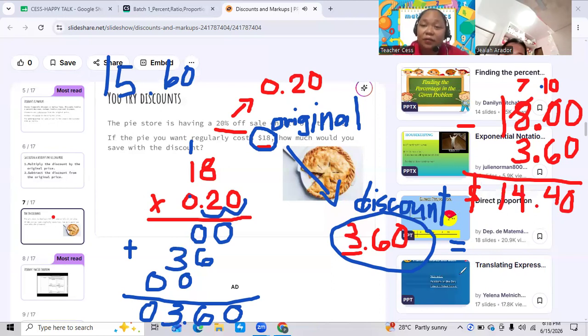Okay. Just be careful in subtracting a whole number and a decimal number because you can get a wrong answer if you are not familiar or not conscious in subtracting a whole number and a decimal number. Okay, you have to follow this procedure. You have to align the numbers according to their place value before proceeding to subtraction. All right? Okay.